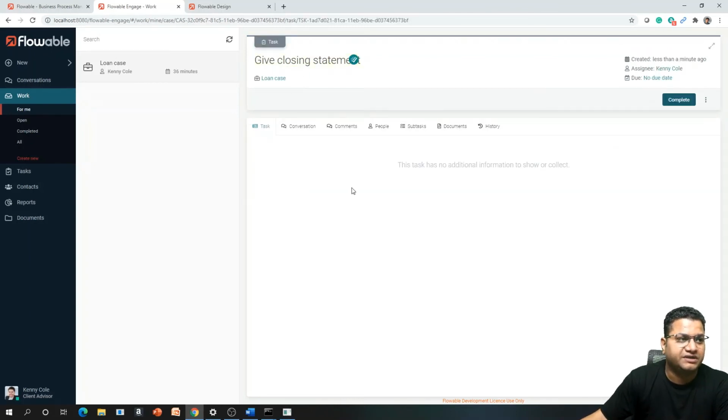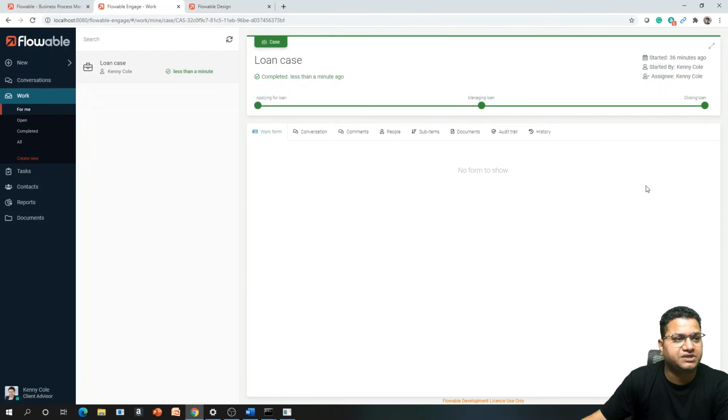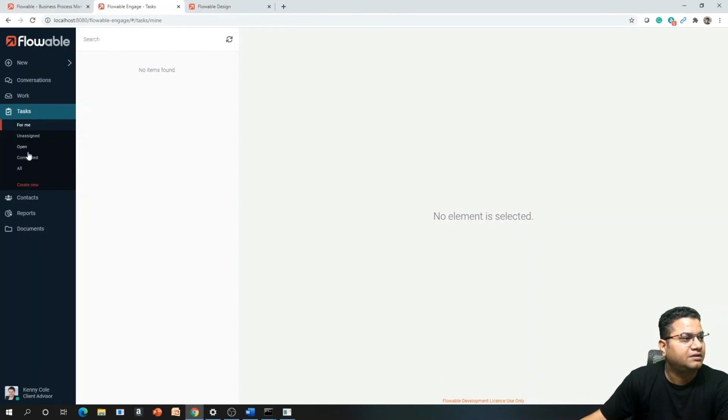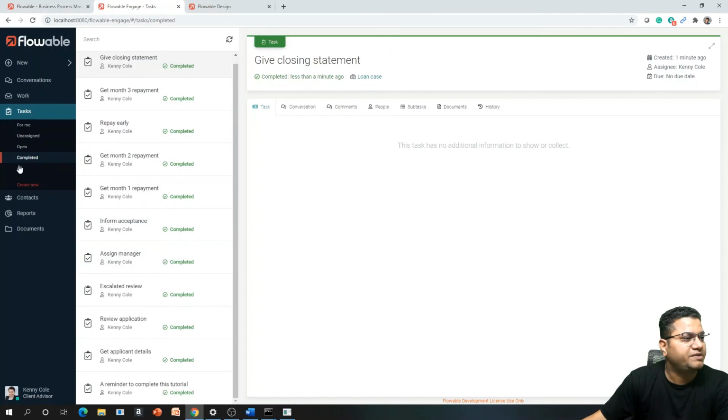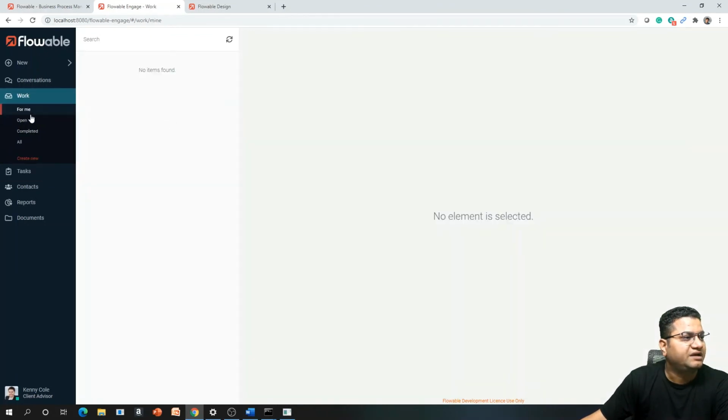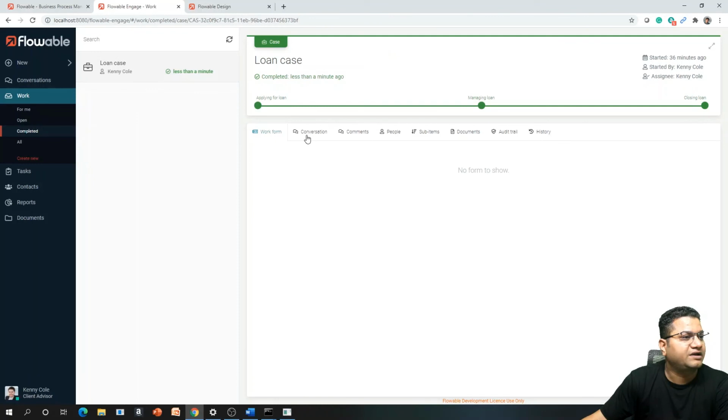And when we click on give closing statement, it will ask us to complete this. As soon as we complete it in here, this loan case is all green and completed, right? So if we go to this loan task and let's see, as you can see, there are so many tasks that we just completed, and if we click on it,